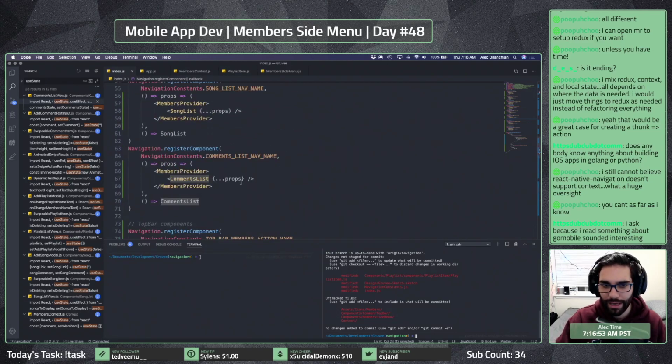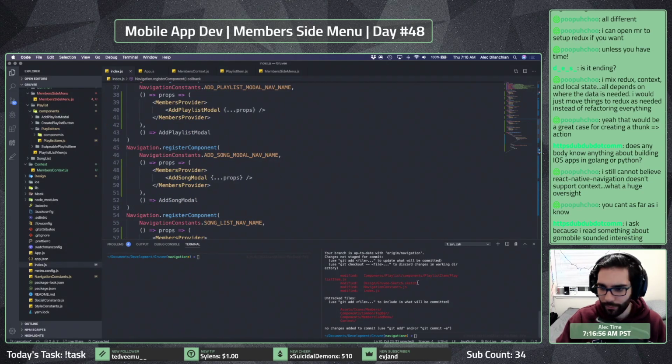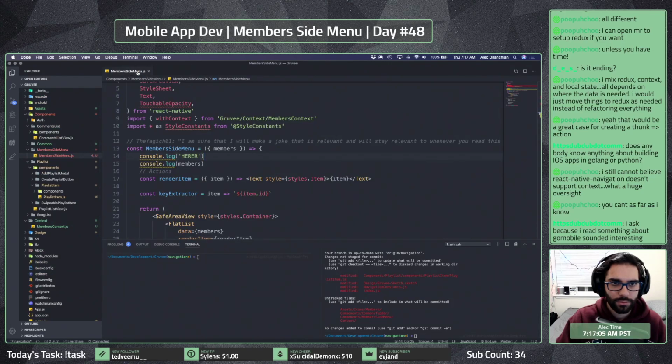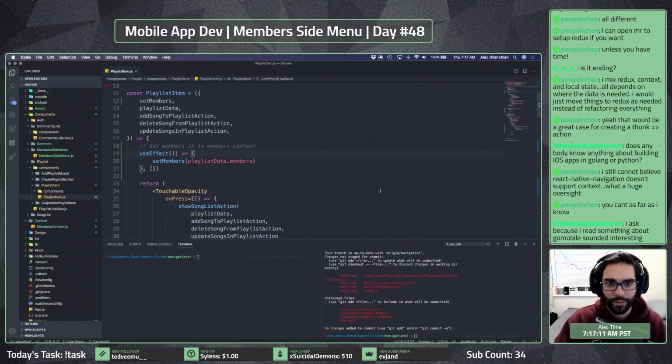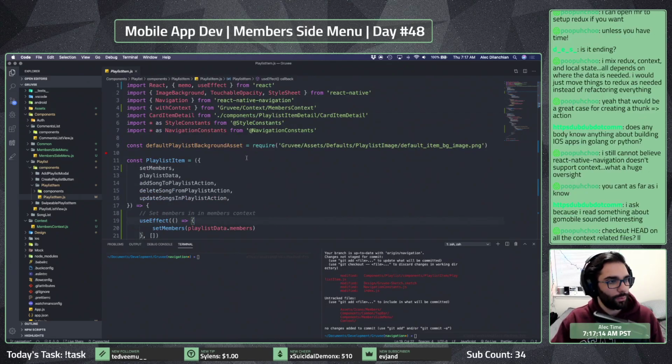Trying to think what we can do before I go. See if there's anything we can remove here. I don't think so. I think anything at this point that has context, I'll check out all the context. I kind of want to keep the context stuff around just so I can use it as reference as I'm going through Redux, because if it's as similar as you're saying, Poopa, it would be cool to have that as a reference just to go back on.